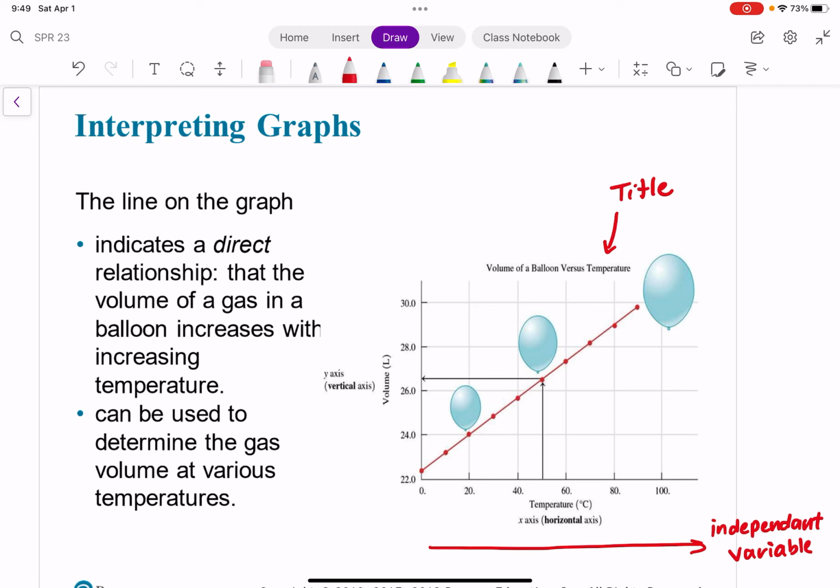So if you have, we're increasing our temperature in degrees Celsius, right? So looking here, we're going from 20 to about 50. We've increased our temperature. And what we want to know is, hey, as I increase my temperature, what happens? How does my dependent variable, how does this other variable change when I increase the temperature? So in other words, the value on your y-axis is dependent